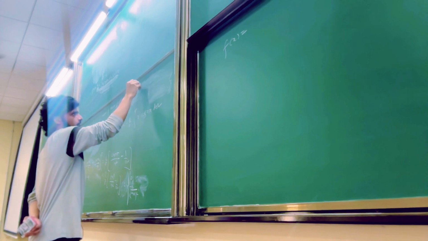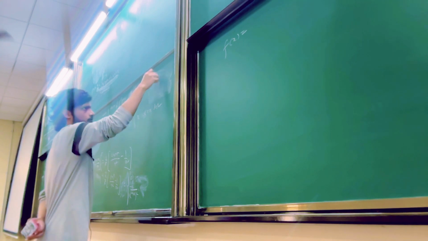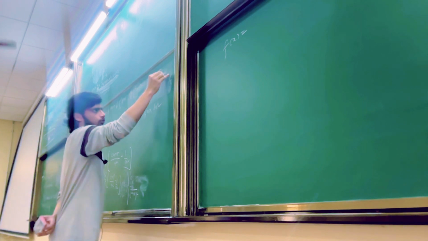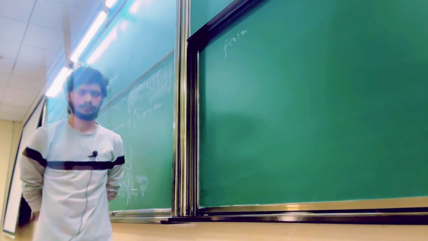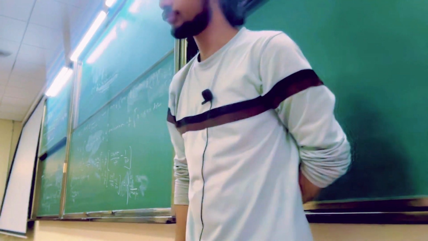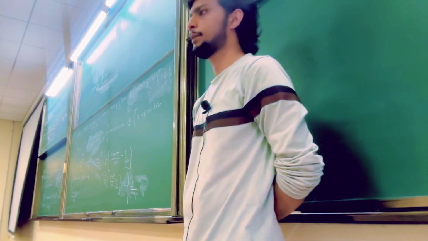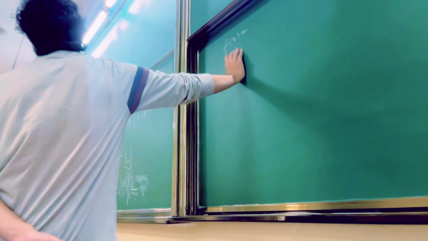I was correct. 2 by pi, x square by 2, 0 to pi, 2 by pi, pi square by 2. Yeah, that's correct. Okay, so what we get, fx is equal to